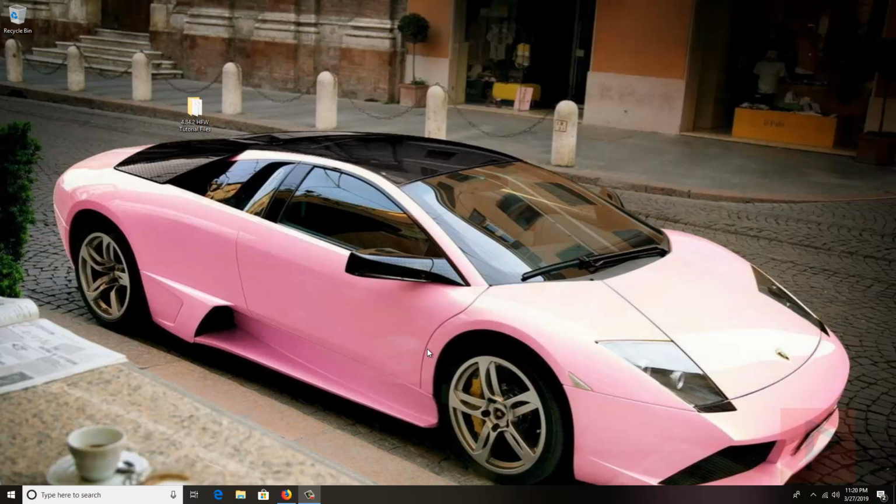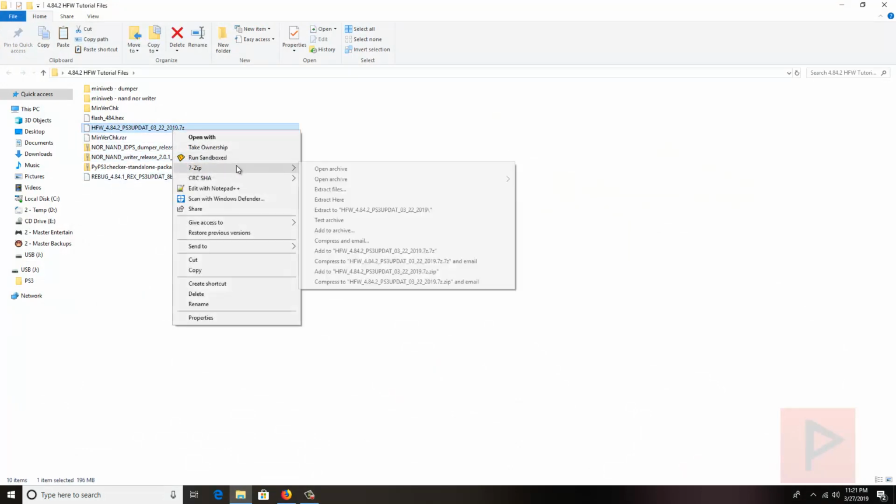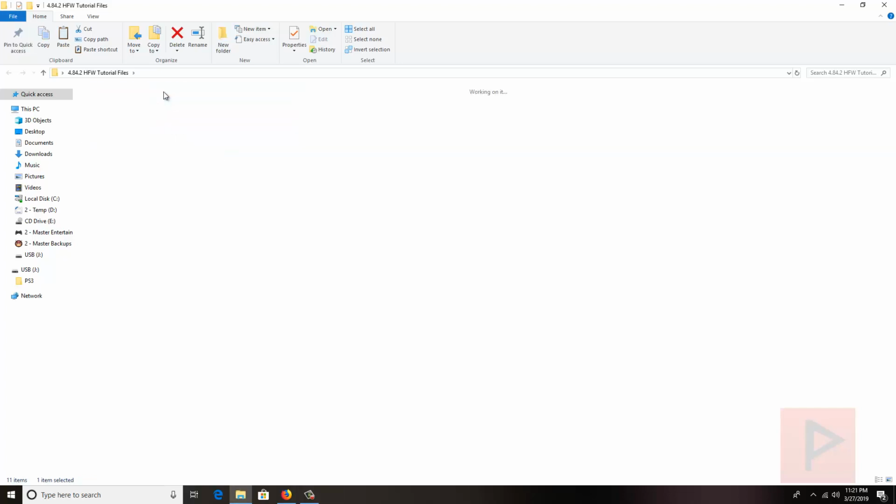Let's do this. Alright, so we're back on the PC, and let's go ahead and follow through with the HFW 4.84.2. So go ahead, download it from the website. I have it downloaded ahead of time, and it came as a .7z file, so I'm going to extract it to its own folder using 7-zip, and then we're going to